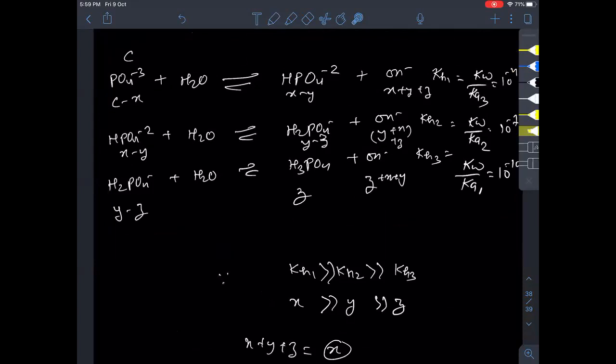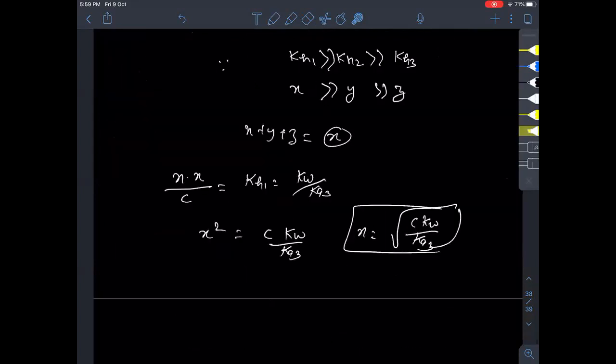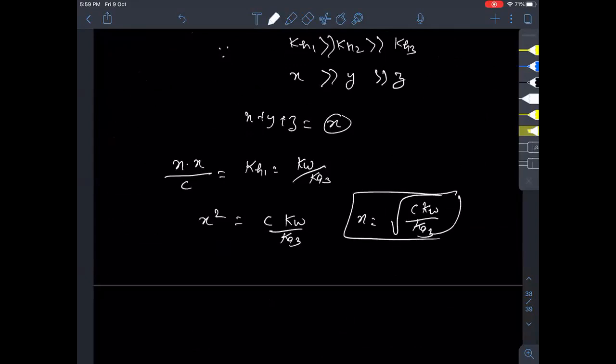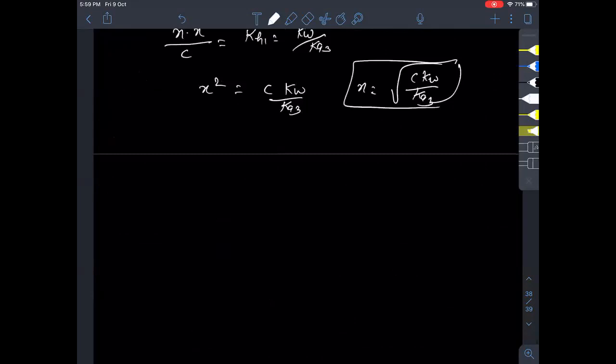So in today's video, I discussed both the things, how to look at the hydrolysis of something which is having more than one negative ion, provided it does not have any acidic hydrogen. Okay, so how to use this, that we have discussed over here.